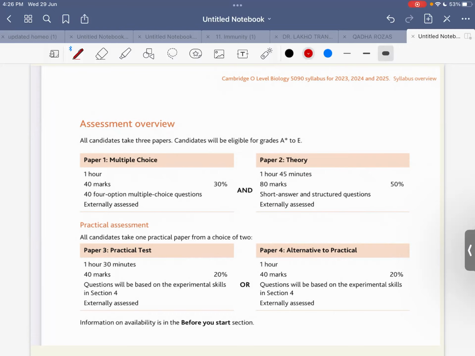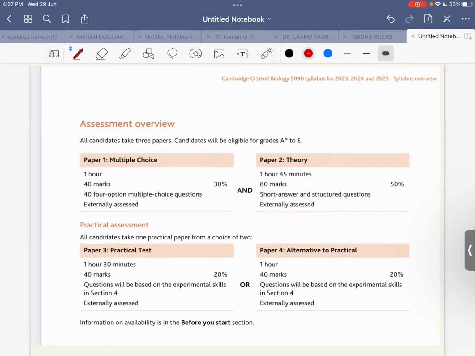All these examinations are externally assessed, and most of the schools give the option of ATP instead of the practical test these days. So that's more common. So of course, I'll be dealing with paper 1, 2, and 4. As you can see, very quickly, I'll just give you an idea about paper 1, which is a multiple choice paper